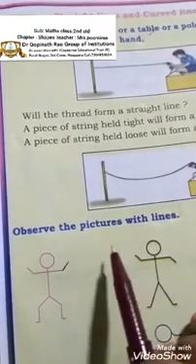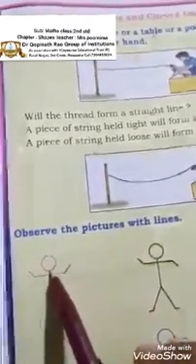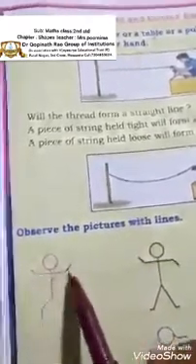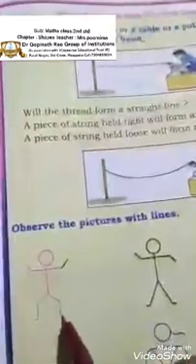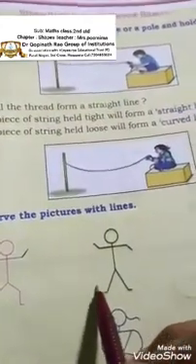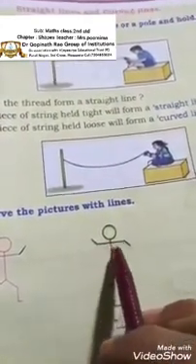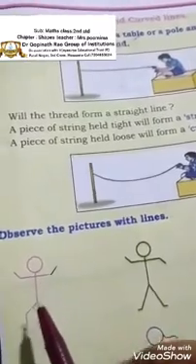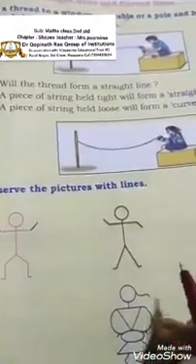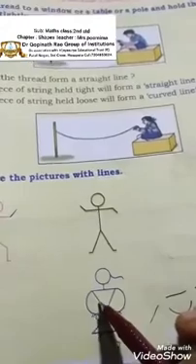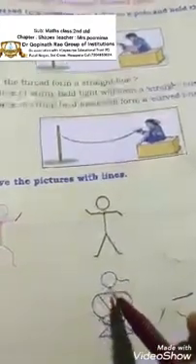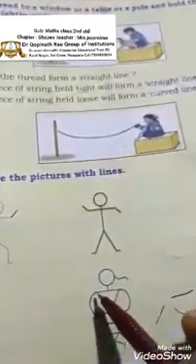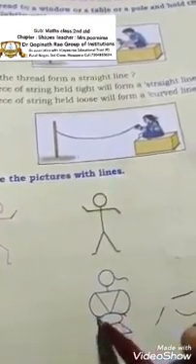see how many straight lines are there. 1, 2, 3, 4, 5, 6, 7, 8, 9, 10. The same way here, 1, 2, 3, 4, 5, 6, 7, 8. Okay, here also 8 and here also 8. And then here we have one triangle. This is a straight line. These are also called straight lines.